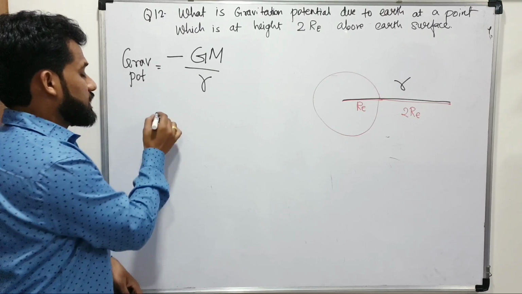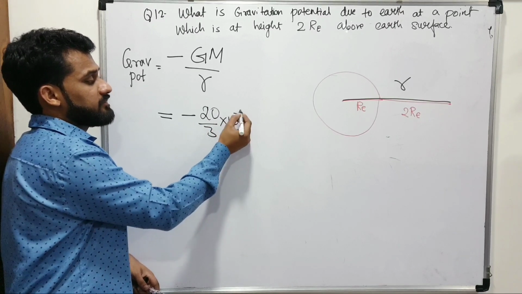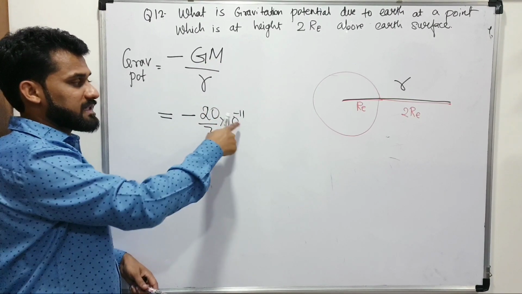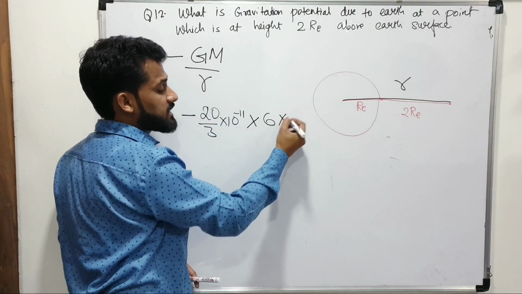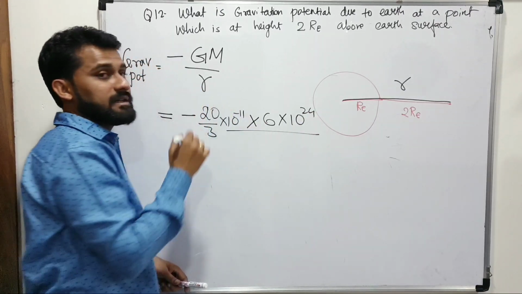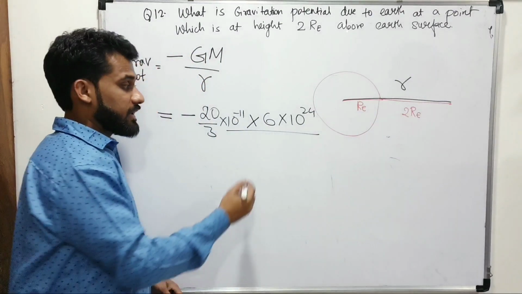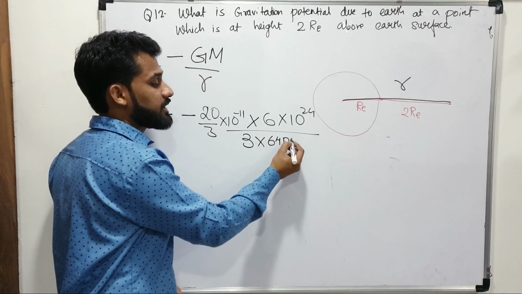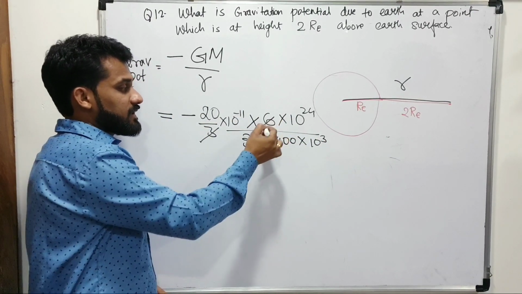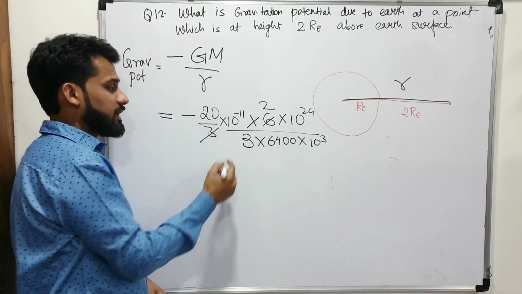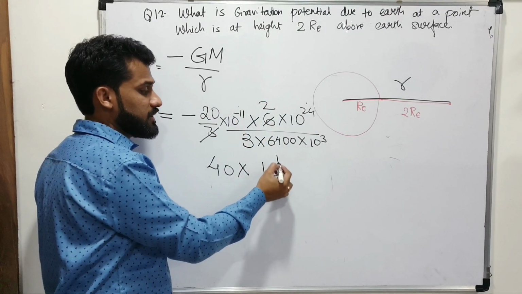Minus GM by r. So in this, minus G is 20/3 into 10 raised to minus 11. This is 6.67 into 10 raised to minus 11. I am taking it as 20/3, into the mass of Earth, which we know is 6 times 10 to the power 24, upon r, which is actually 3 radius. 2 RE is the height plus RE. So it is 3 times the radius, that is 6,400 kilometers. So 10 raised to 3. So this 3 will cancel with this 6. It will become 2. So this will be 40 into 10 raised to minus 11 plus 24, 10 raised to 13, divided